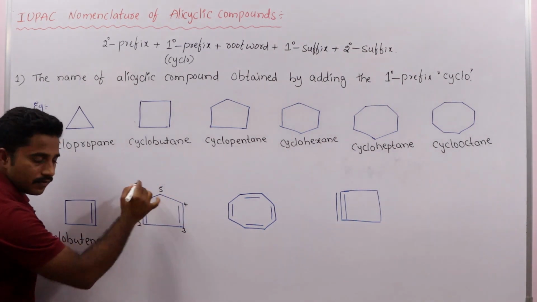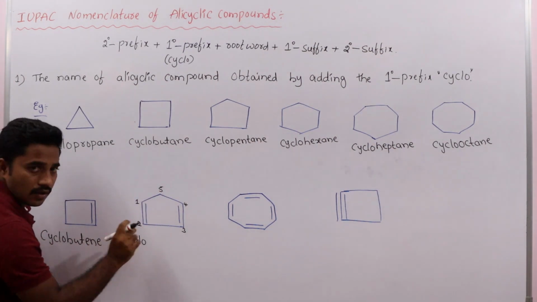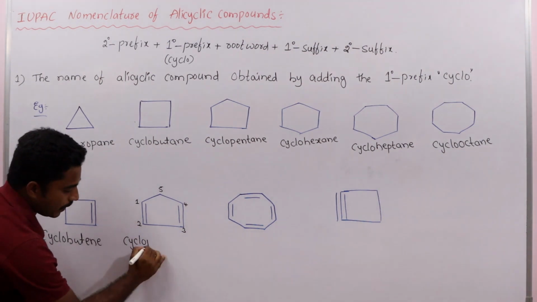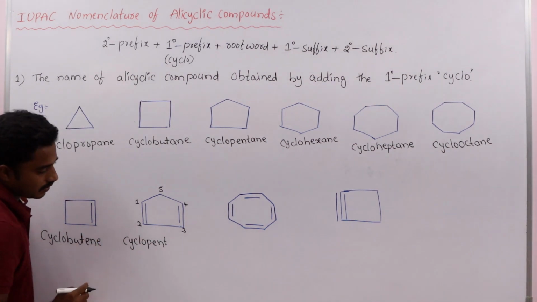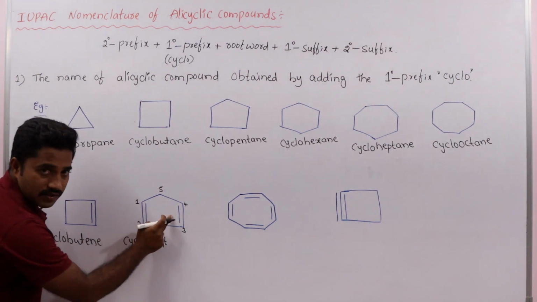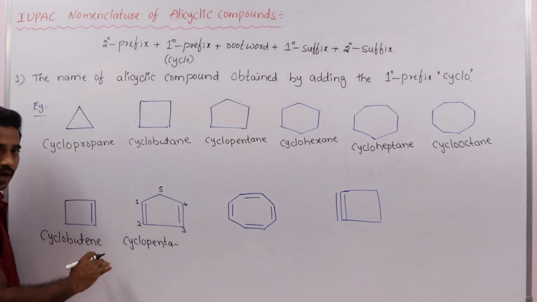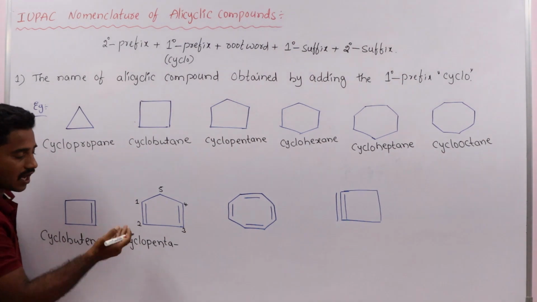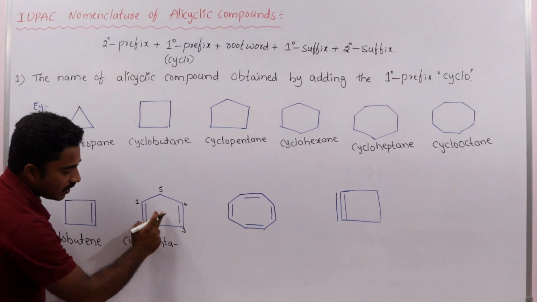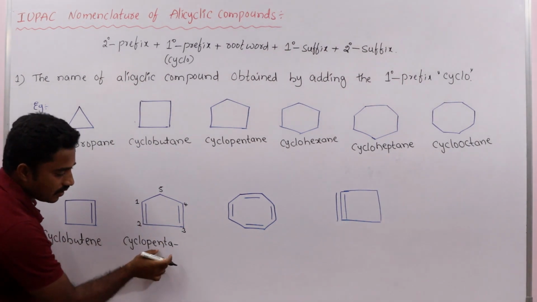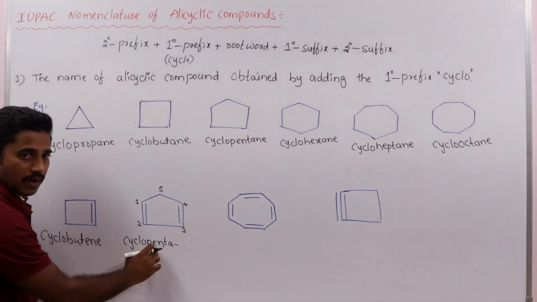This is a cyclic ring, that's why cyclo. A 5-membered ring, 5 carbons are there, that's why pent. Remember one thing: when more than one double bond is present, instead of pent we use penta. If 6 carbons are present, hexa; if 7 carbons, hepta, octa, like that. Here more than one double bond is present, that's why we are using penta. If more than one triple bond is present, we also use penta like this.